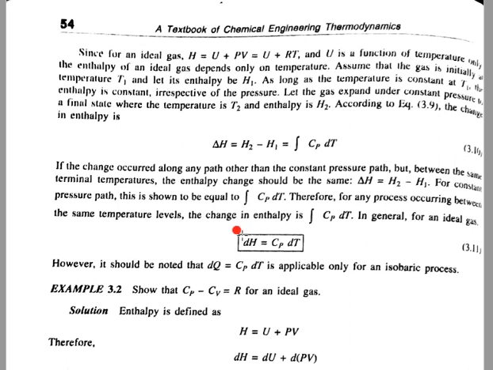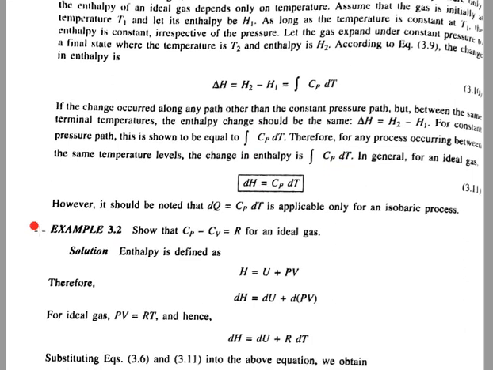So in the previous lecture, we discussed the constant pressure process. Now let us complete today's lecture. We are discussing the relationship between Cp and Cv and constant temperature processes. So example number 3.2 is that in which